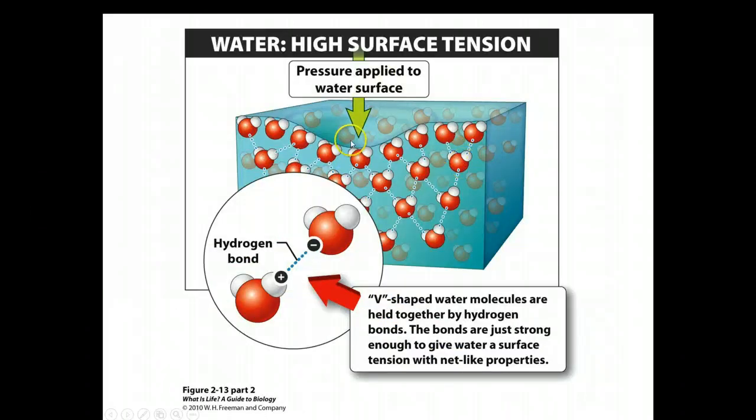So pressure applied to the surface, if you know the interactions that we've just talked about with the hydrogen bonding, if you don't exert enough force to actually break that weak attraction, you can actually stay on top. So like that insect can, and it's just enough strength to give it that integrity,